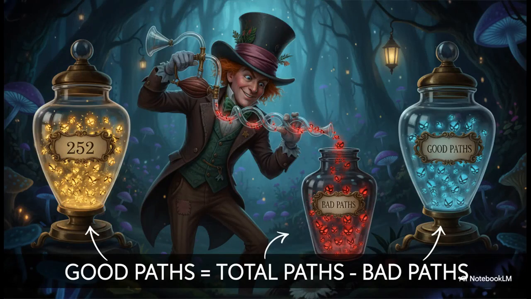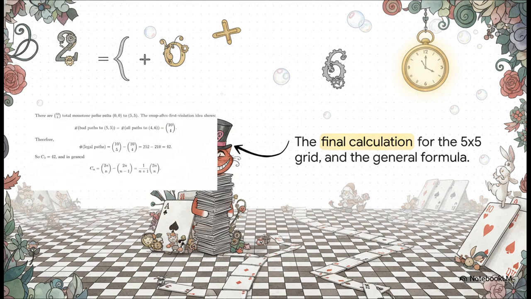The logic now is just beautifully simple. The number of good paths we've been searching for this whole time is just the total number of paths we started with minus the number of bad paths that we now know exactly how to count. So here's how the math breaks down. We already know the total paths to 5, 5 is 10 choose 5. And our swapping trick showed us that the number of bad paths is the same as the number of paths